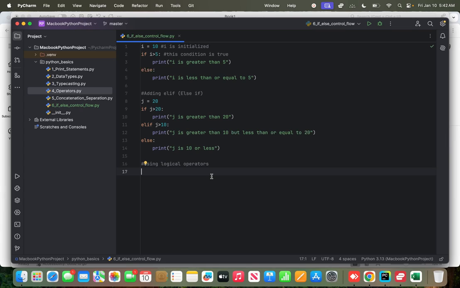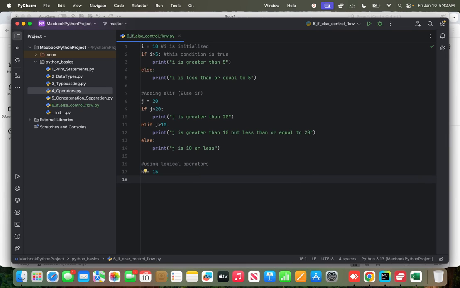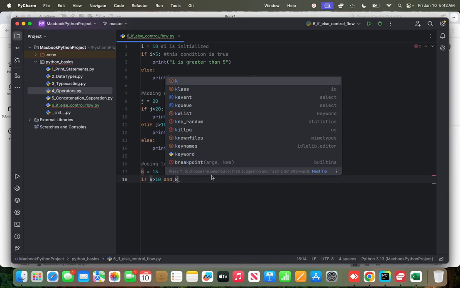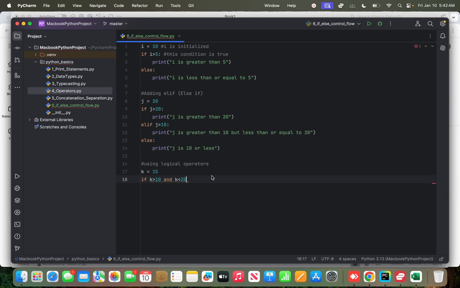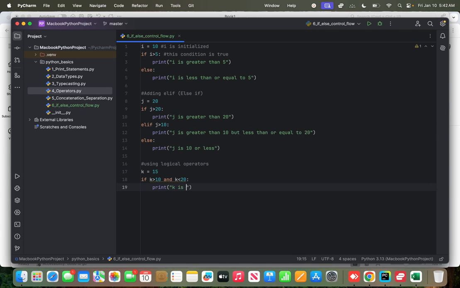Now let me write k equals 15. So I'll write here if k is greater than 10 and k is less than 20, print "k is between 10 and 20",